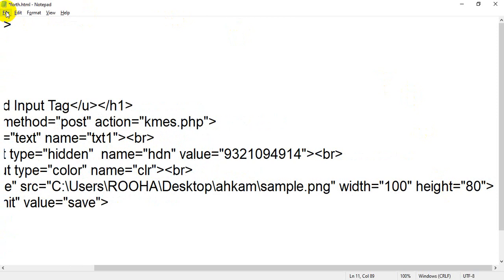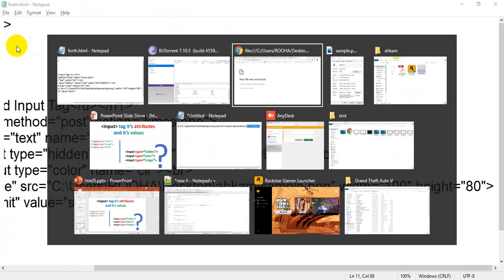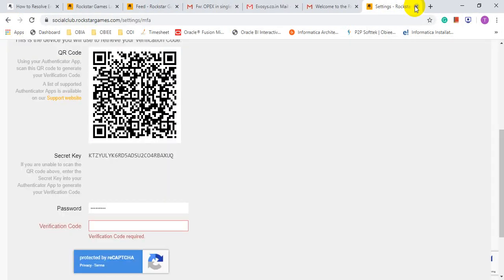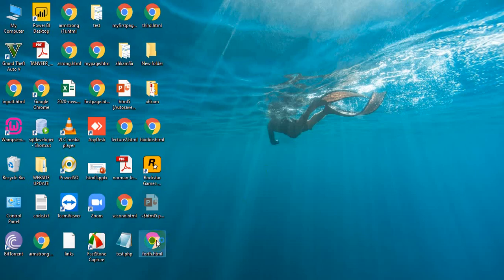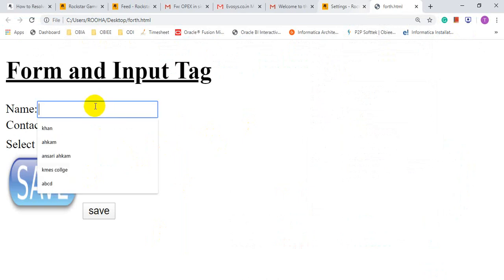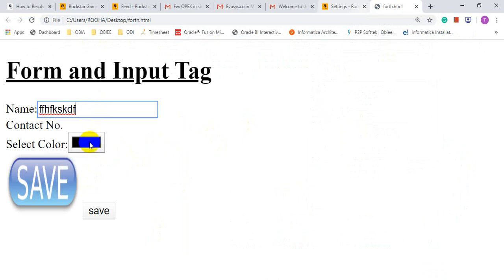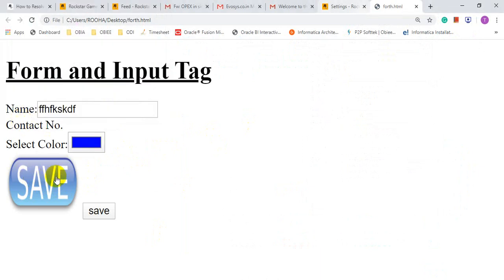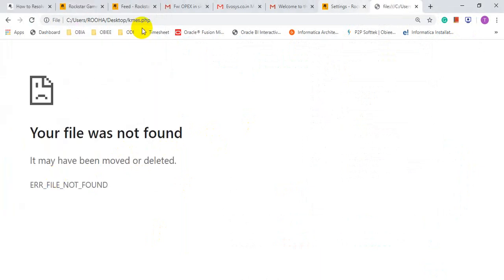Click on file, click on save, flip back to your browser, where you have saved the file, double click on that. See, the size of this image is now reduced. You can reduce it a little more. But you can type anything, choose any color, and when you click on that button, it will transfer to the kms.php page.